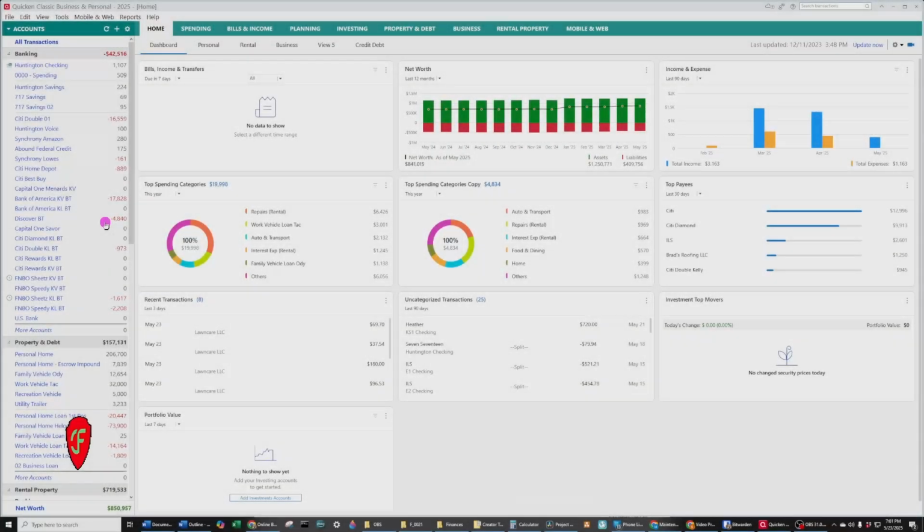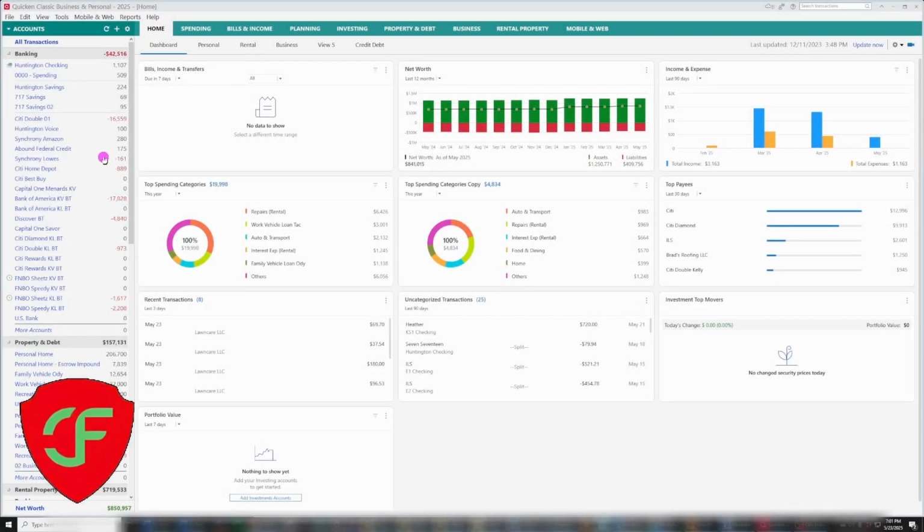Are you confused about all of the accounts listed here on the left side of your Quicken screen? Today I'll walk you through everything you need to know about the Accounts Bar so that you can navigate Quicken